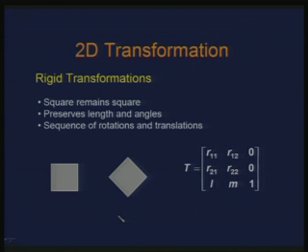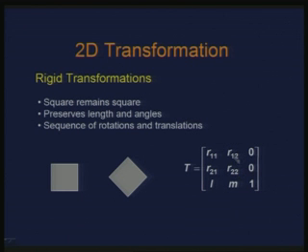Now, let us say the class of transformations which we are looking at. Just by seeing this matrix, we can obtain different classes of transformations. For instance, rigid transformations are those transformations where shape is preserved, meaning I preserve the length and angles. Shape and size are basically preserved, that is what I mean by rigid transformation. So a square remains a square. That I would obtain if the component transformations are of the type rotations and translations,